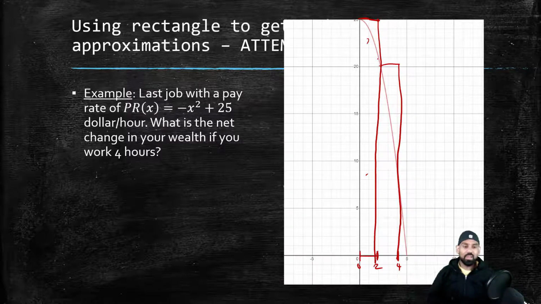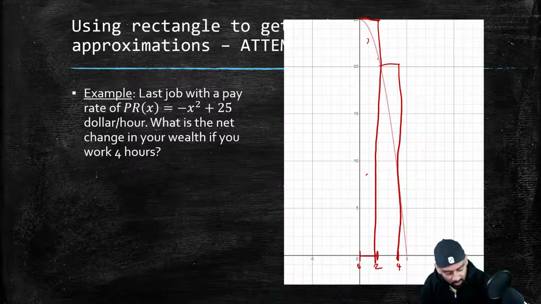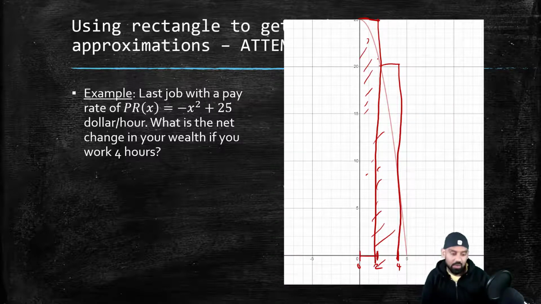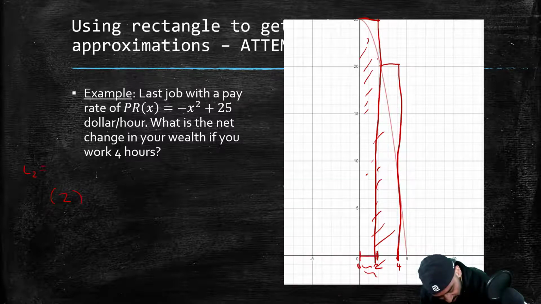Now, you're probably saying to yourself, why am I looking for area? Because remember, we already talked about the answer is the area under the curve, exactly. And how do I get that? I don't know. So I'm going to try to estimate it in 2-hour intervals, okay? So I'm going to do 2, because that's the base here, because I can't find the exact area under that curve. So we actually use this notation called L2, which means a left-hand estimation. So the base is 2,